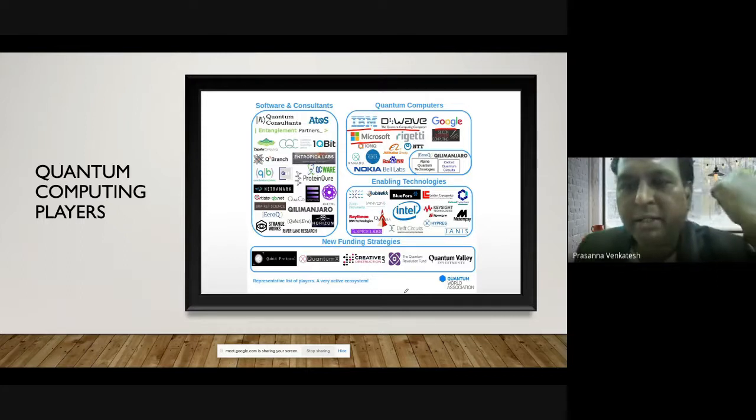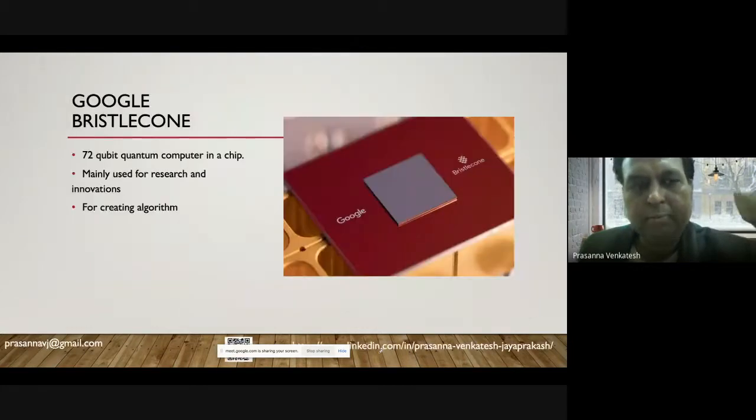D-Wave has predominantly been the early mover in the quantum computing space. The majority of the initial quantum computers developed by Google were based on D-Wave technology. And IBM has their own quantum computing division. They predominantly focus on building everything from the machinery, that is the quantum computers, to the software stack that we talk about towards the end.